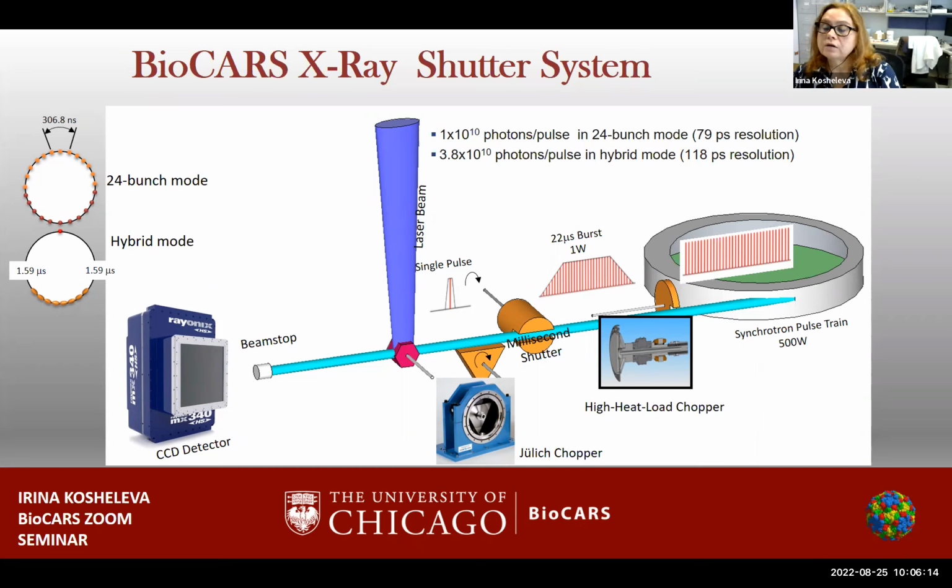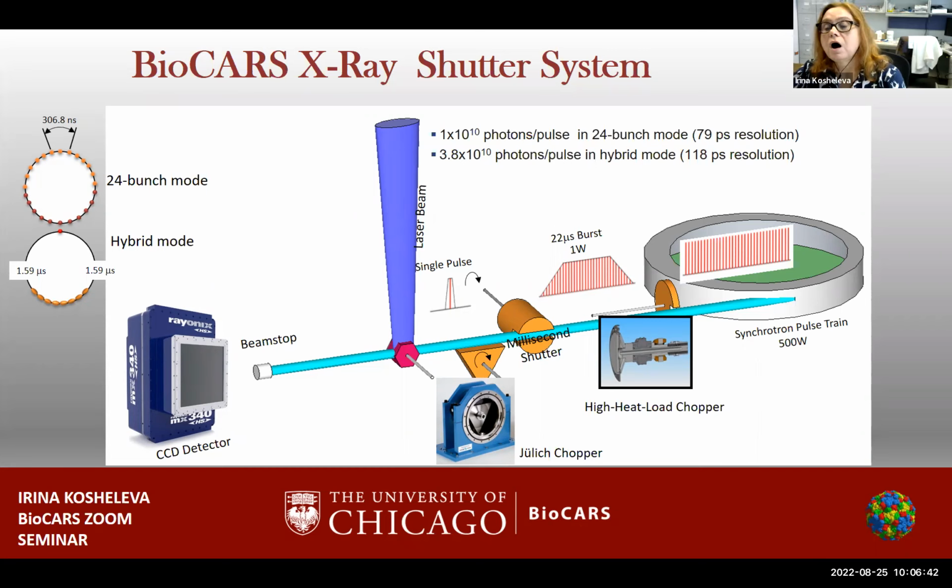Then the custom design ULIC chopper is a 1 kilohertz shutter, which is capable of isolating and delivering a single X-ray pulse or more on demand. And the millisecond shutter is actually a fast shutter with opening time of about 4 milliseconds, which is basically the data